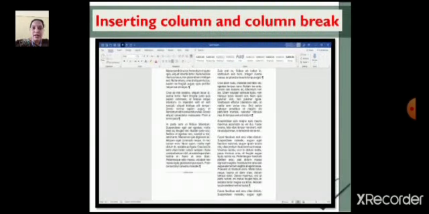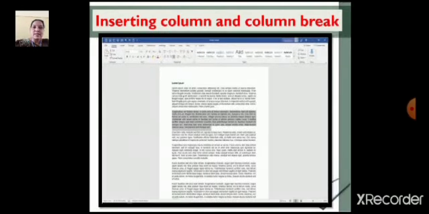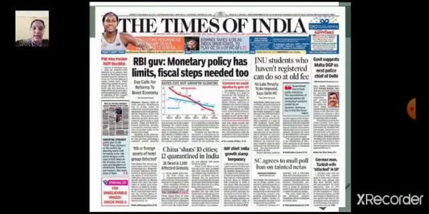We also learnt about inserting column and column break. Column is an option where we arrange the text in the newspaper design or style. So we can arrange the text of a particular topic in different columns.